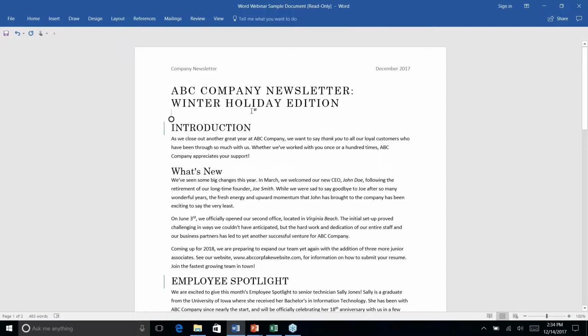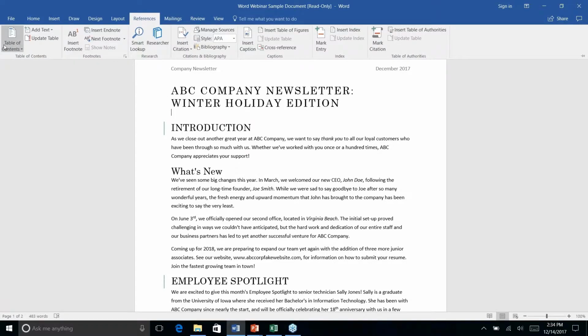I'm going to want it on page 1. I can put it after the introduction if I want, but I'm thinking that for these purposes, I'm going to put it right here after the title. So going back into our references tab, it's typically on the left here by default, the table of